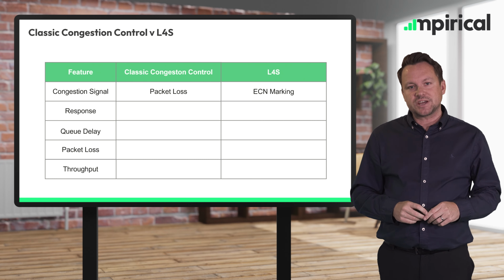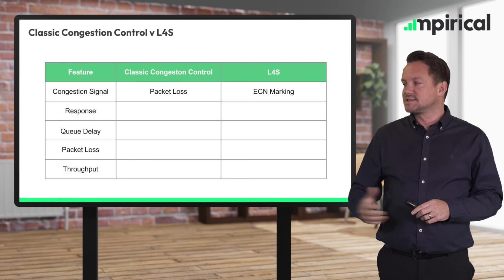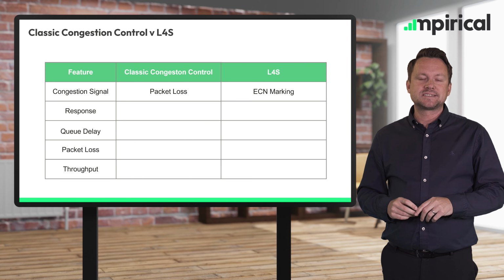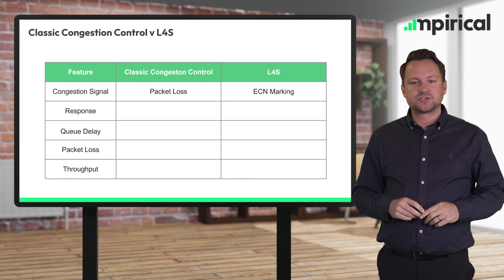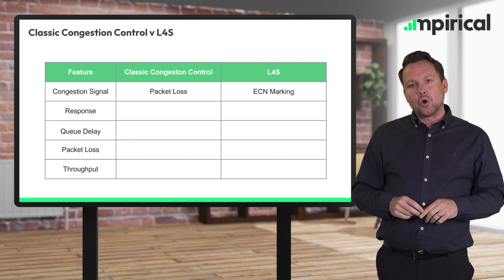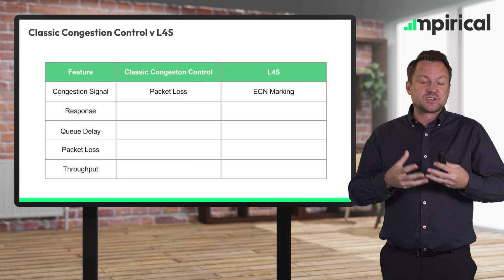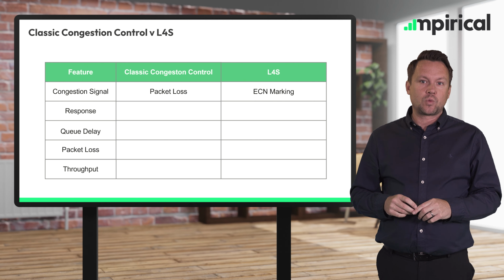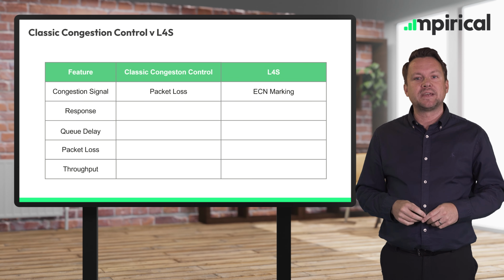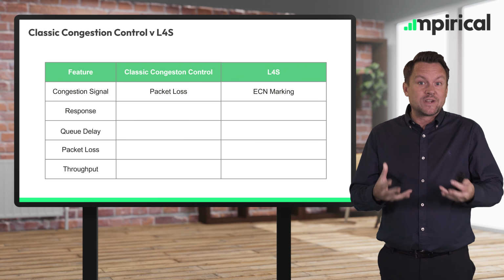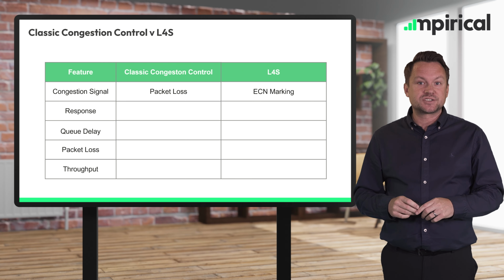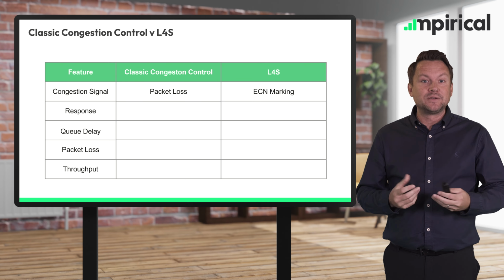Okay, so comparing classic congestion control to the mechanisms used in L4S then. So we can see the congestion signal, as I've mentioned already, it's based on packet loss. Within L4S, and we'll explore this in more detail, this relies on explicit congestion notification. And without going into the specifics now, ultimately this means that the transmission can be regulated in a much more efficient way. So rather than waiting for packet loss to occur, by which point it may be too late to really control the congestion, we take these frequent ECN marks to signal that, hey, congestion is building in the network.